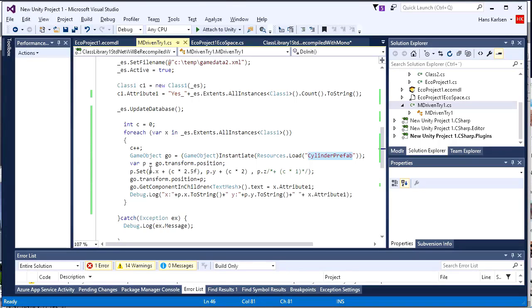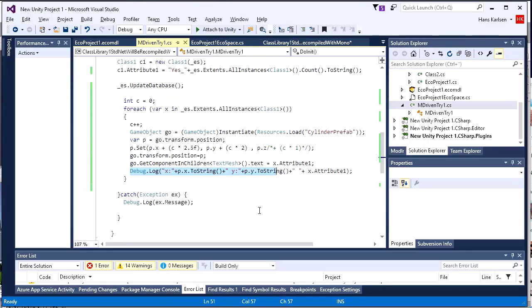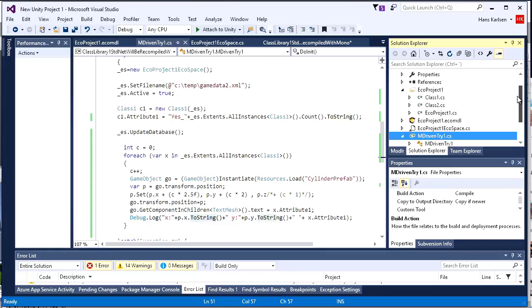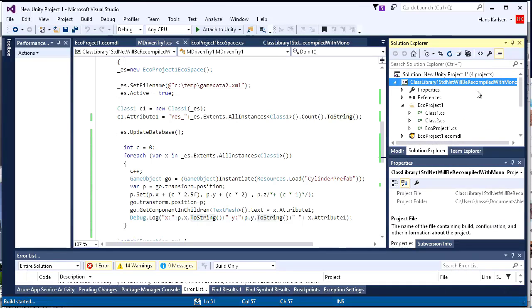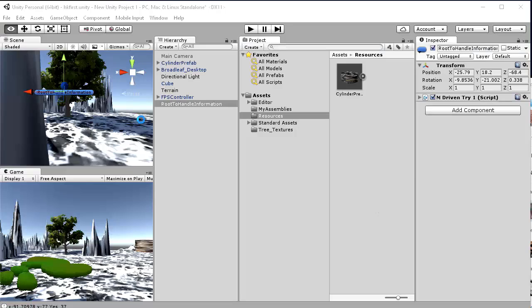So I instantiate one of these, and then I do stuff with its position. Basically I calculate a new position for it, so they won't be added at the same place. And then I find the text mesh and I set the text to the attribute 1, which, if you remember, I set to yes and a number. So that's a loop, and in the update I don't do anything really. This is just the first try of getting some model driven data into Unity. So build, and build succeeded, and then I head back to Unity, and